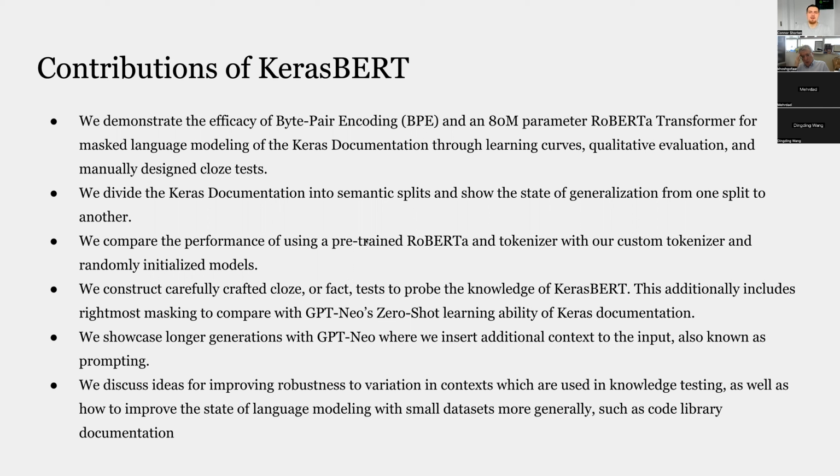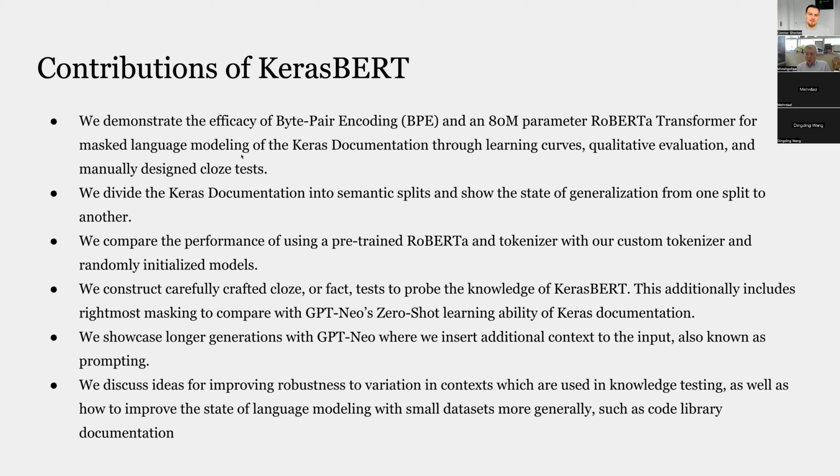And we didn't actually find a good result in transfer learning from a pre-trained RoBERTa that's trained on Wikipedia and a Wikipedia tokenizer to then transferring that to optimizing it on the Keras information. We didn't find that was useful, which is sort of counter to the conventional wisdom that transfer learning works for all cases. Then we tested the zero-shot ability of, at the time of this paper, the biggest zero-shot language model that was publicly available, which was GPT-Neo, about 6 billion parameters. Today, the ChatGPT model has been made publicly accessible, and they're not exactly clear on what model it is, but GPT-3 was about 175 billion parameters, so it's probably somewhere in that range.